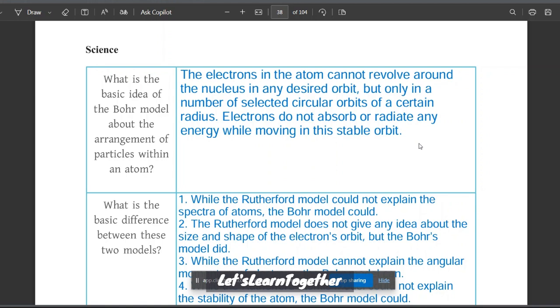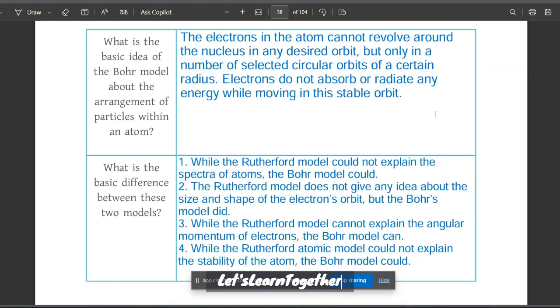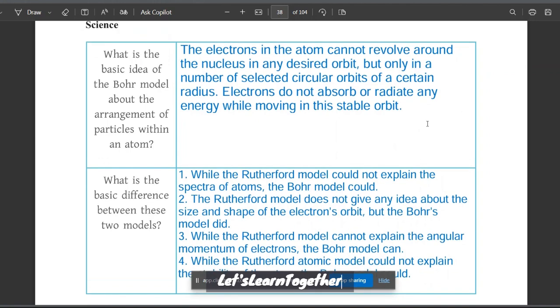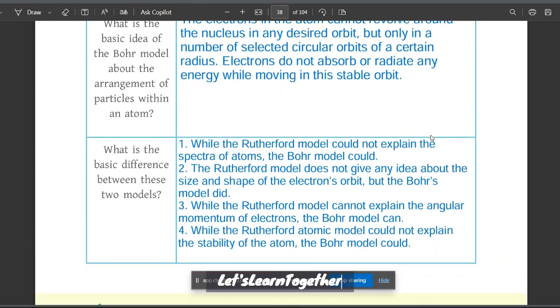এটার জন্য স্পেকট্রাল লাইন্স বা একটা স্পেসিফিক লাইট রে এমিট হয়, যেটাকে স্পেকট্রা বলা হয়। বেসিক্যালি যখন ইলেকট্রনসগুলো হায়ার এনার্জি লেভেলে গিয়ে আবার নিজেদের এনার্জি লেভেলে ব্যাক করে, due to radiating away the energy that they had absorbed earlier, due to that radiation, some specific light rays are emitted, which are known as spectra. তো বোর মডেলে এই স্পেকট্রাল লাইন্স বা স্পেকট্রা সম্পর্কেও ধারণা দেয়া হয়েছে, যেটা রাদারফোর্ডে একদমই দেয়া হয়নি।